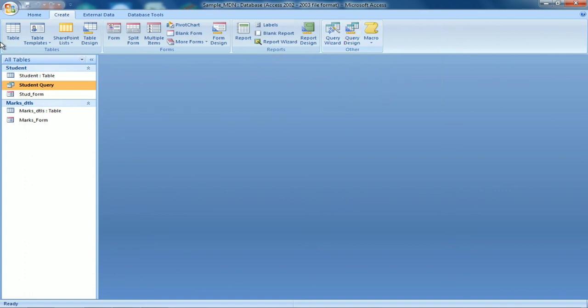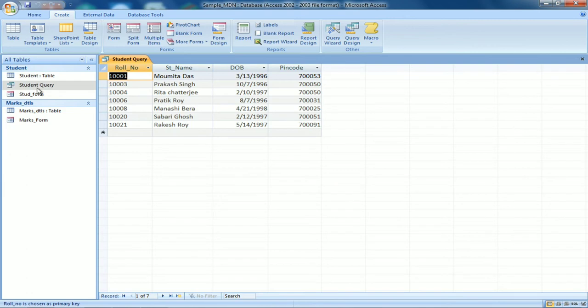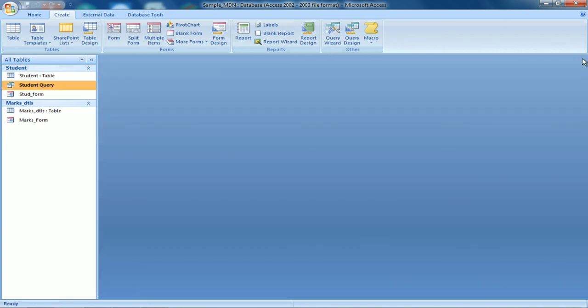This is the default query where whatever you have selected is shown. I have saved it, so it has saved with the previous options. When I showed it in the beginning, all the fields were selected. But after that, when I made some changes and saved the query, that query result has been saved. Now let's do something with query design, where I will write my own query and execute it.